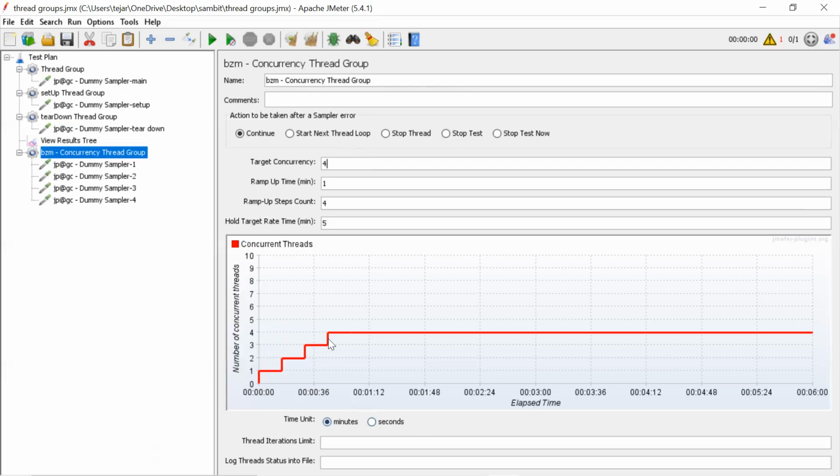You can see that after 1 minute of ramp up, it will always be 4, and JMeter will keep hitting the APIs to maintain the 4 users of concurrency. And for ramp up steps, you can give anything, even 10. Whatever you give, it will split within that 1 minute and give gaps.